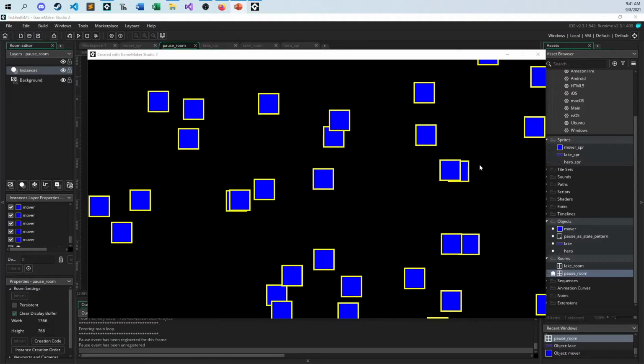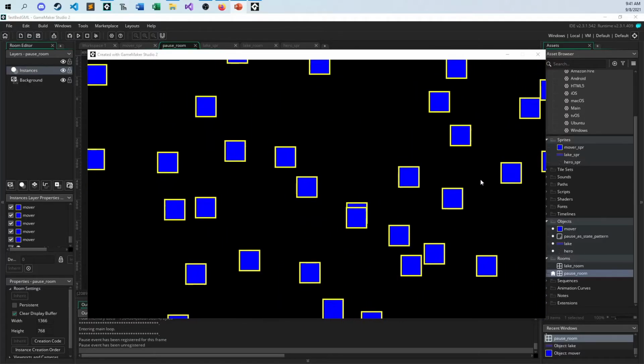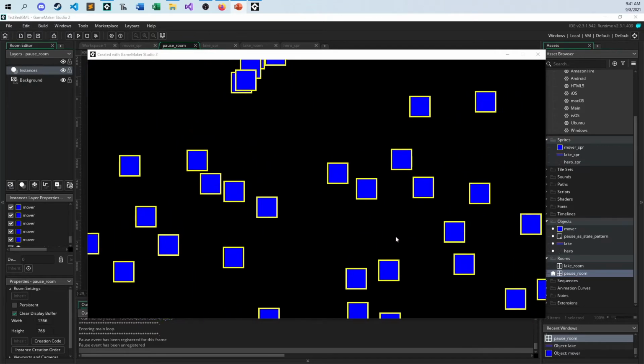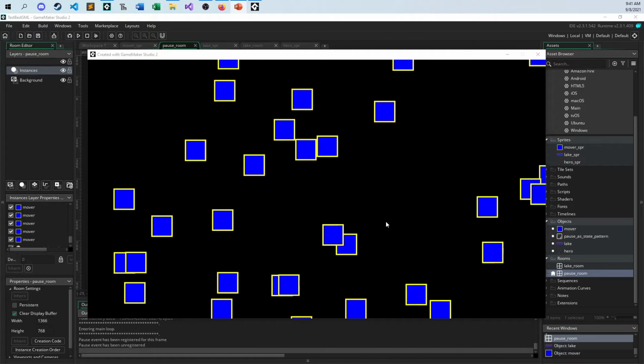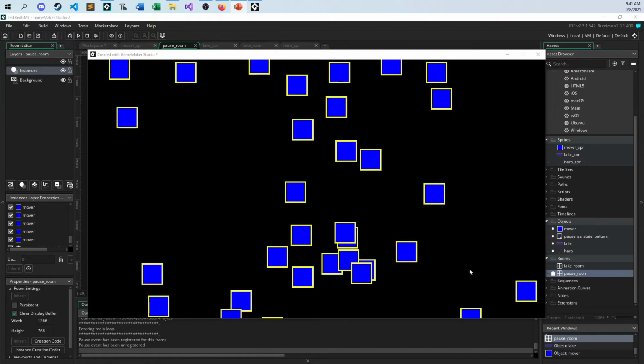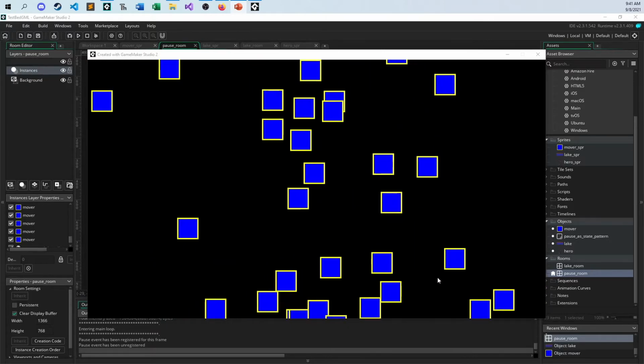So this is what we're going for the rest of this video here. We have this little screen. I just have something going. I'll show you what I did. This is just to have basically your game playing. This is my game, which really isn't interactive. It's just boxes moving around. And when I press the space bar,